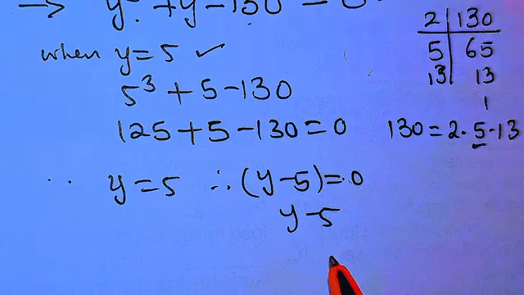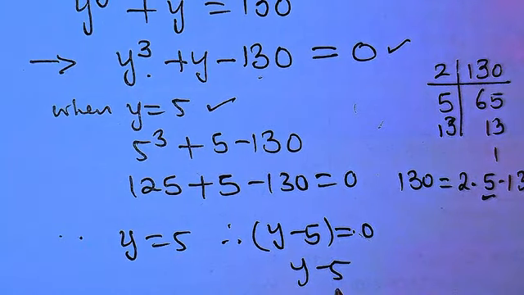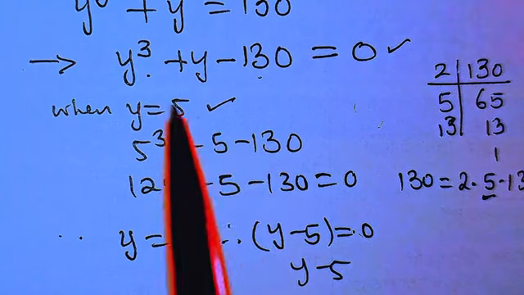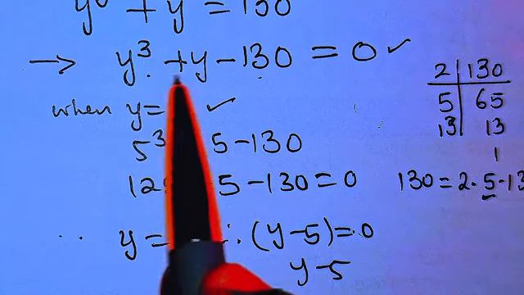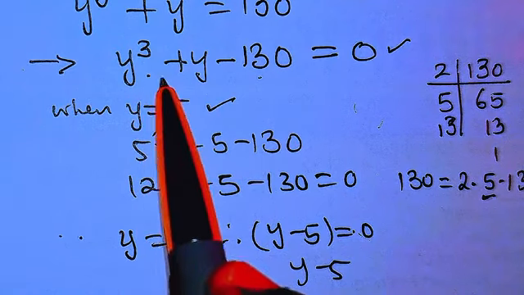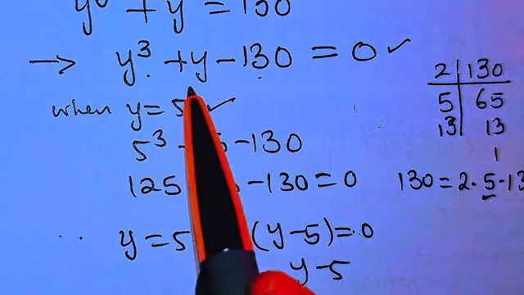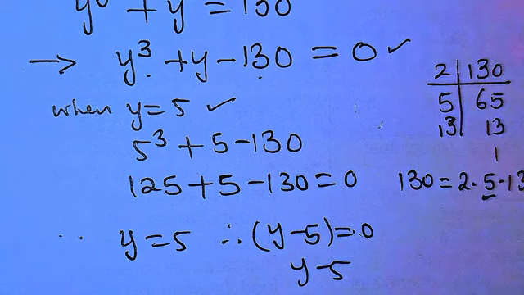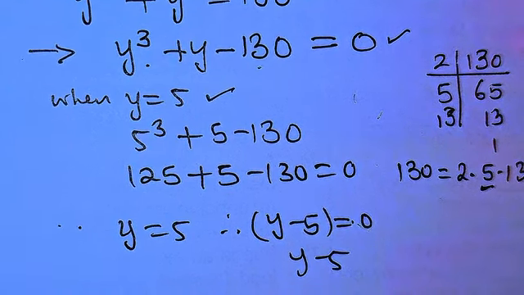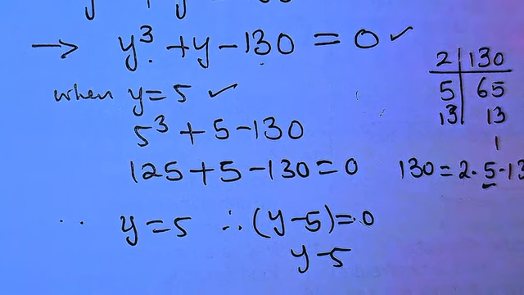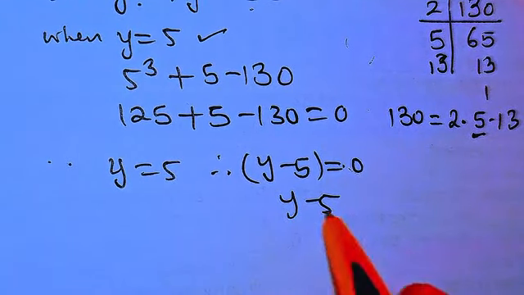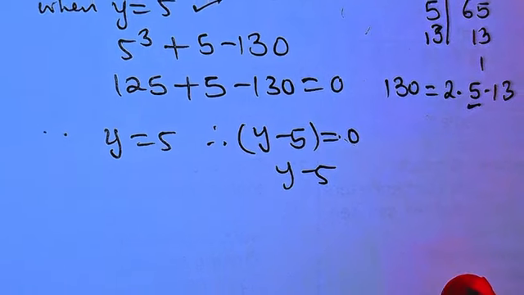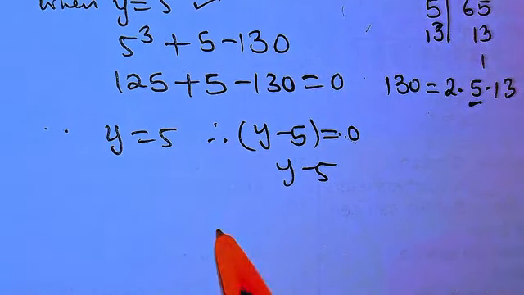We still need to go further, because we still have some other roots, since the degree of this polynomial is 3. Which is telling us that we are going to have 3 possible solutions, right? But we only have 1 here, so we need to determine whether the other 2 are real or not before we can conclude. So since we have y minus 5 here, now using the long division method,